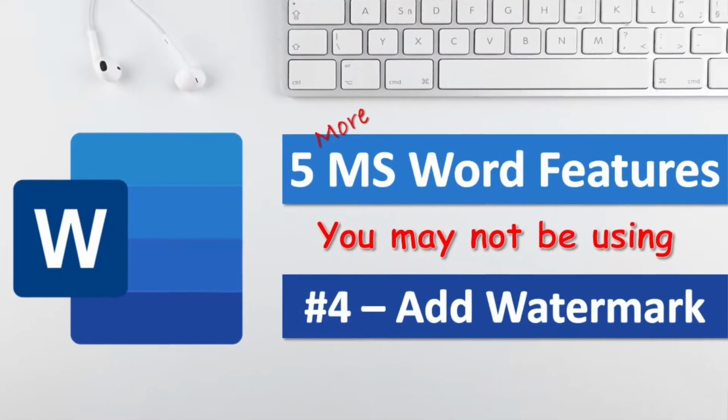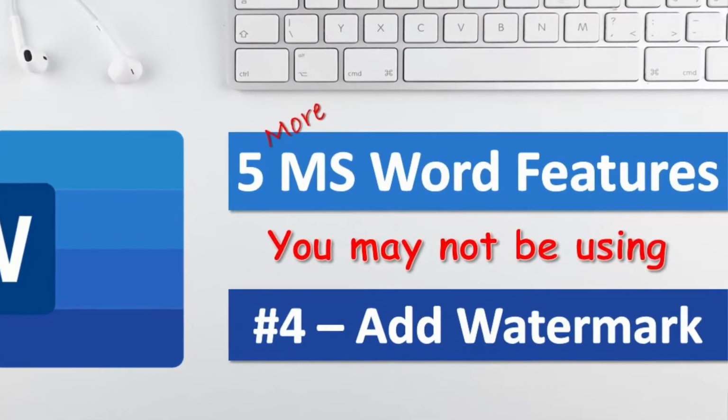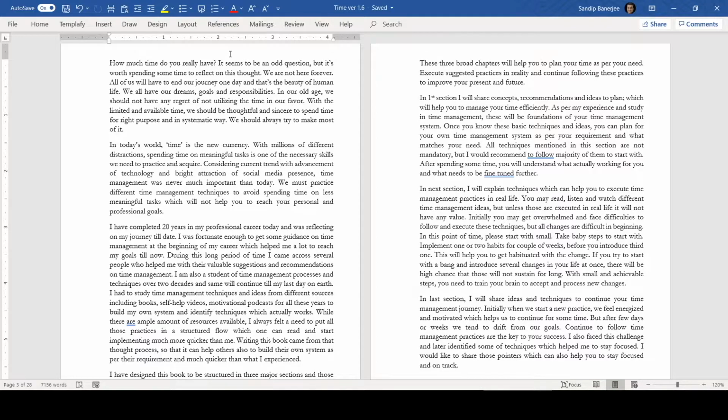So now let me go to the next one, and that is watermark. So what is a watermark? In case you have a document which is maybe confidential in nature and you want to communicate that to the recipients of the document, one best way to do that is to add a watermark so that the reader will be able to see that all the time, and it will also show up in case someone prints this document. So let me show you how you can add a watermark.